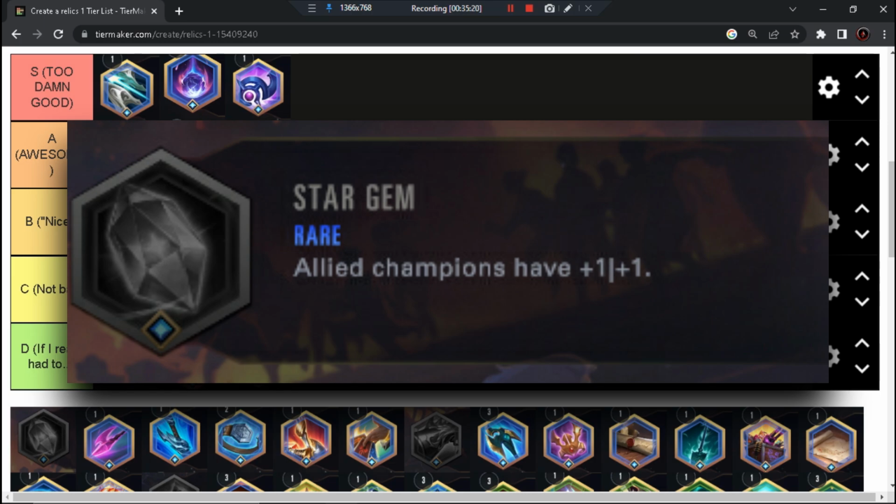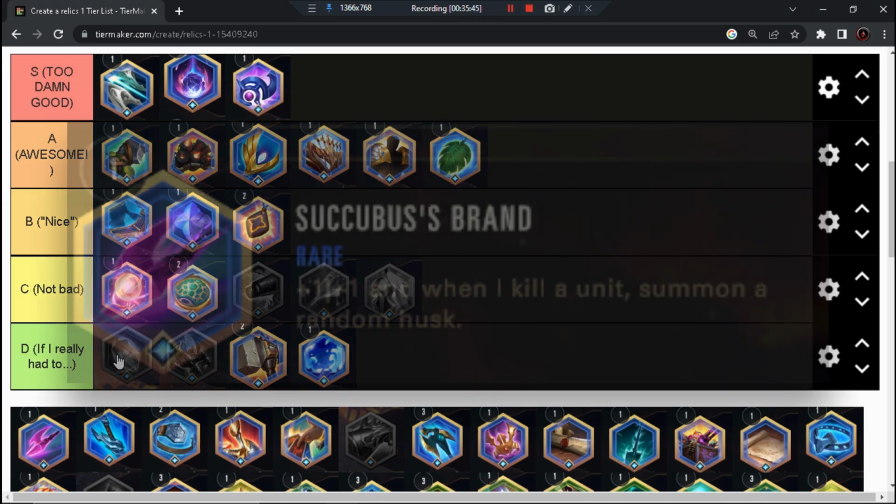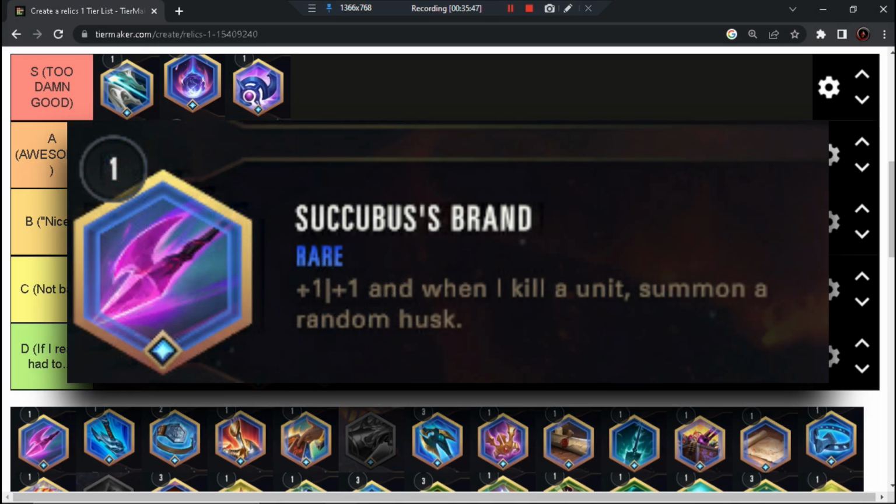You can potentially compensate for that health buff by giving your units items and whatnot, but in general I think the Star Gem is not that great of an item, so I'm going to put this down in the D category. Alright, so moving on, we have the Succubus Brand, which is a +1/+1, and when I kill a